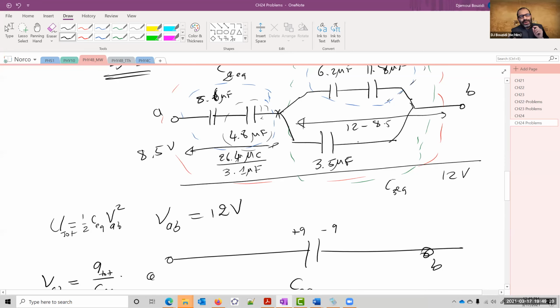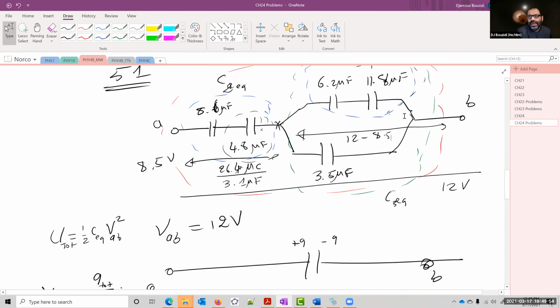We know the voltage drop because it's like you are on the 7th floor and you went from the 2nd floor to the 7th floor, that's 5 floors. So from the 1st to the 2nd, there must be only 1 floor, or whatever it is. It's going to be the difference, okay? In this case, that is the 3.5 volt. So I know that the voltage from this end to that end is 3.5. So I can find the energy in here quickly because it's 1/2 of C times 3.5 squared. So I get the energy in here.